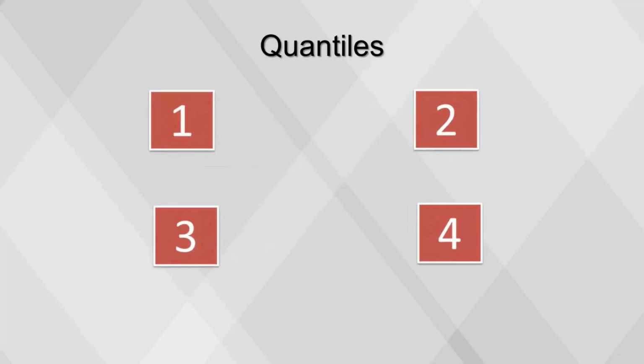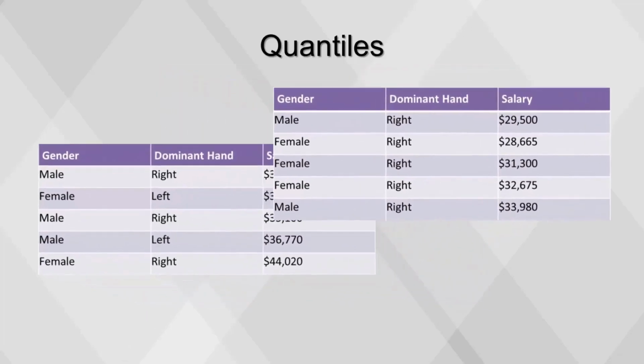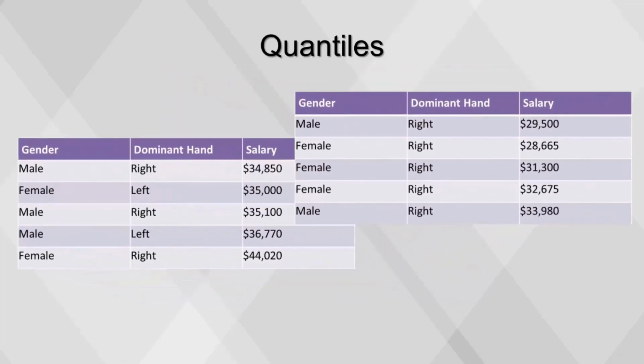A quantile is a set of values that divide a frequency distribution into equal groups, each containing the same fraction of the total population. To find quantiles, divide the distribution into groups of equal size, with each group containing about the same number of rows. The most simple of quantiles has already been calculated. The median divides the records into two groups of 5.